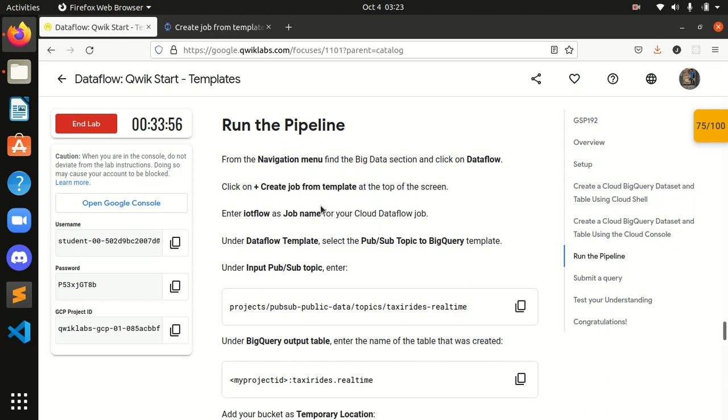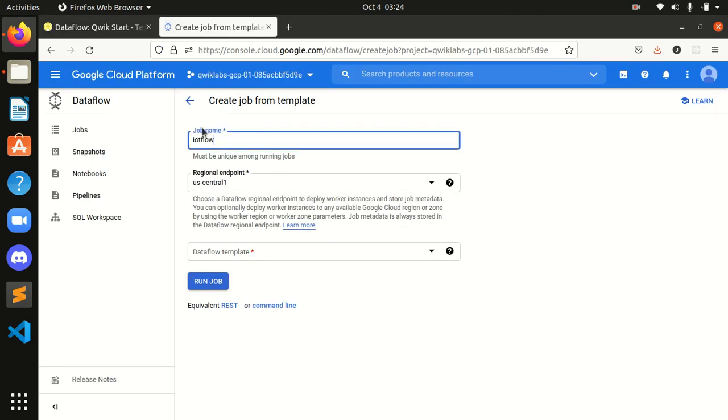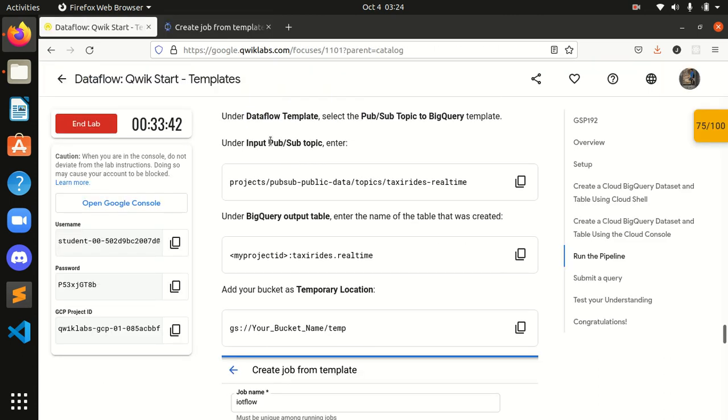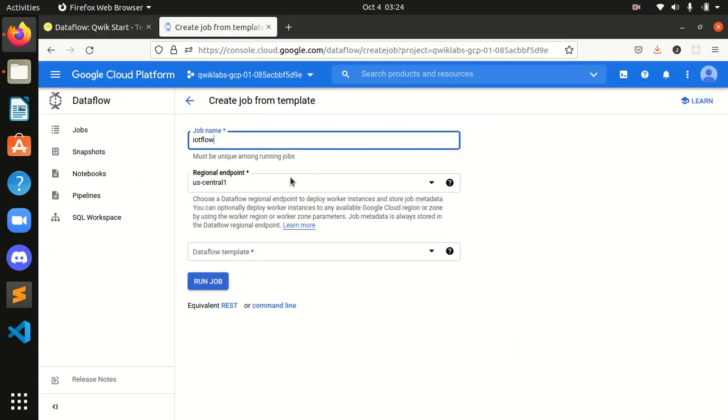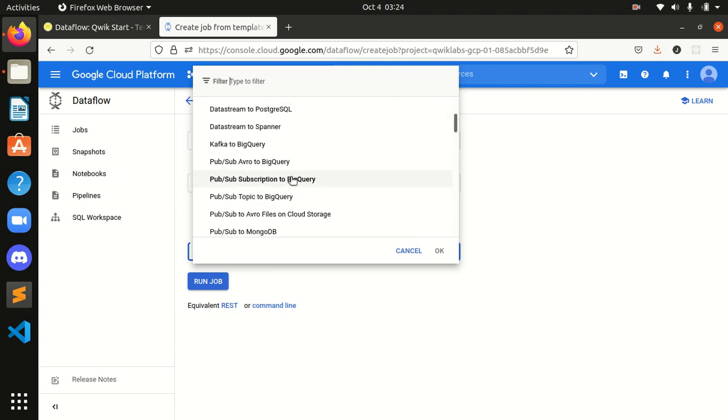Now enter IoT flow as the job name for a Cloud Dataflow job. Under Dataflow template, select the Pub/Sub topic to BigQuery template. I will be selecting Pub/Sub topic to BigQuery.